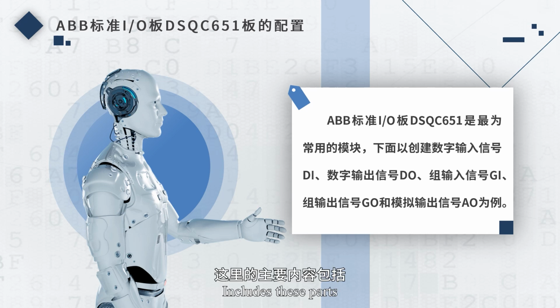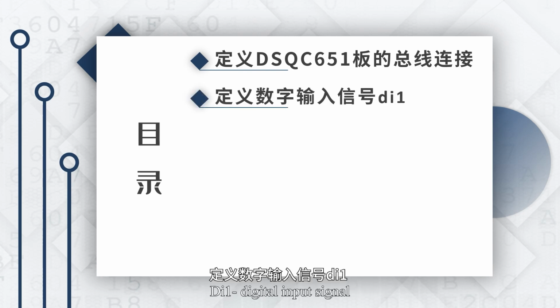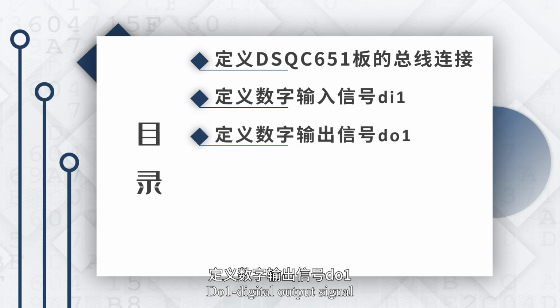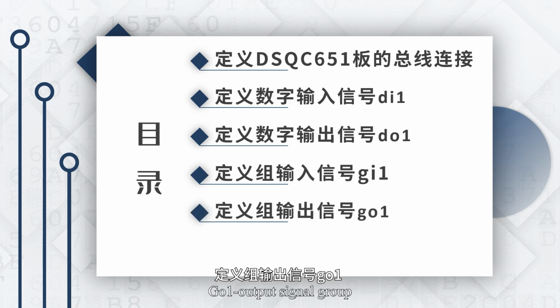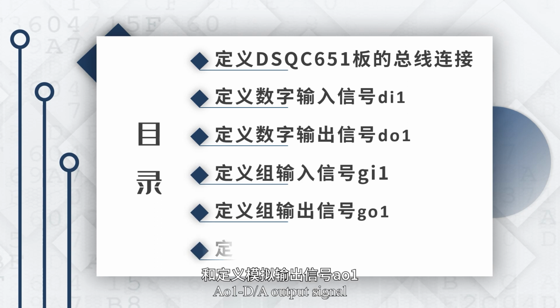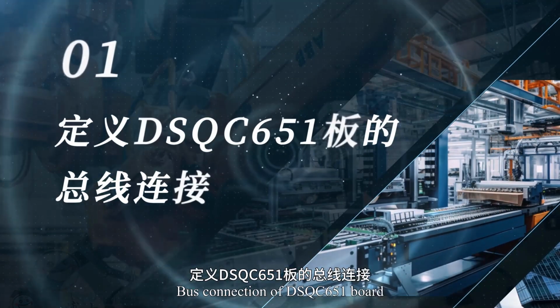The configuration of the standard ABB I/O board, DSQC651 board, includes these parts: bus connection of DSQC651 board, DI1 digital input signal, DO1 digital output signal, GI1 input signal group, GO1 output signal group, AO1 DA output signal. The first part, bus connection of